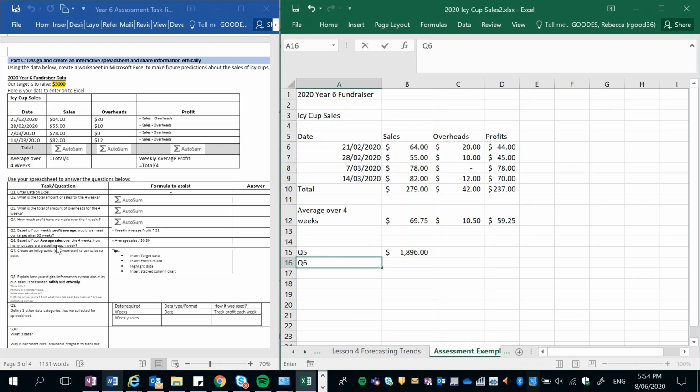Based off our average sales over the 4 weeks, how many icy cups are we selling each week? So how many icy cups? So equals, and we're selling our icy cups at 50 cents each, so it's our average sales, and we're selling them at 50 cents, so we're going to divide by 0.5 for 50 cents. Enter, and we have